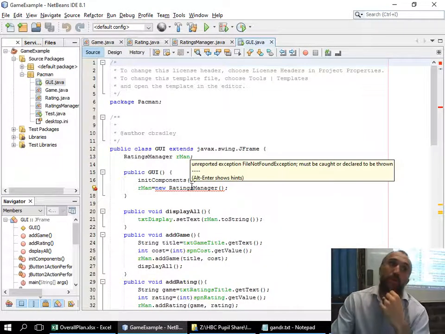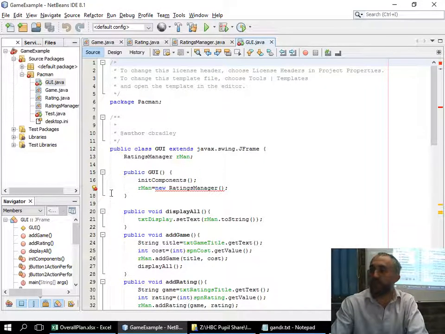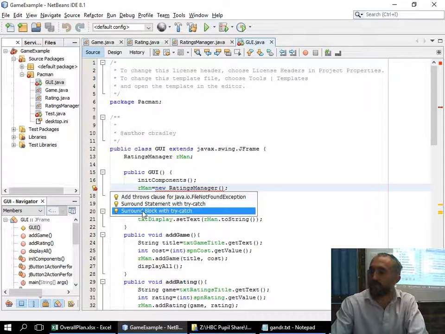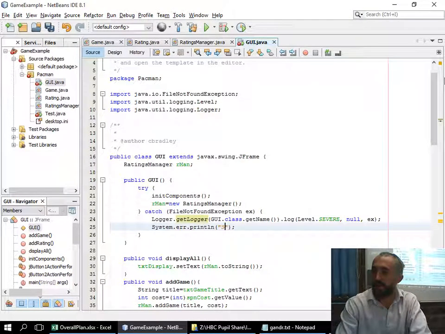Why is this error occurring? Because I threw it, remember? So I need to now catch it. So let's surround the block with try catch, and here I'll just go "Error in initializing